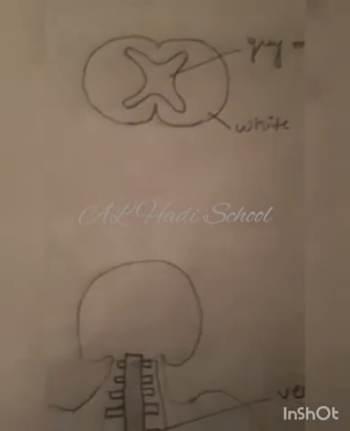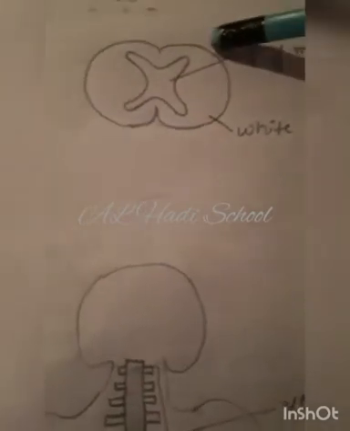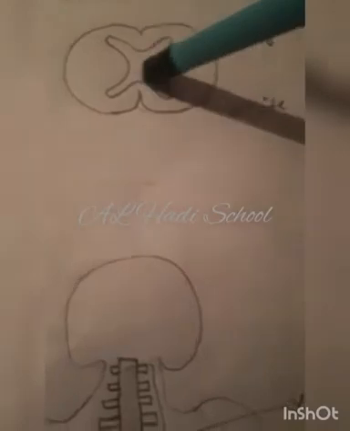Class, here is an internal section of the spinal cord, showing how your spinal cord looks from inside. Here is the internal cross section of a spinal cord region. So inside, from the middle of the spinal cord, it looks like a butterfly shape. This butterfly shape is made up of gray matter, and the outside region of this butterfly shape is made up of white matter. So from the middle, the butterfly shape is made up of gray matter, and outside of it is the region made up of white matter.